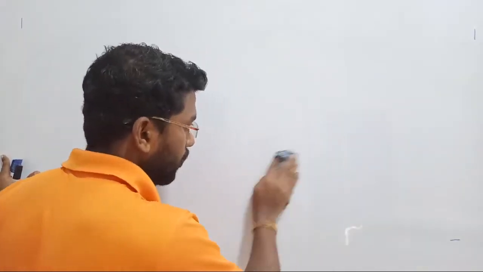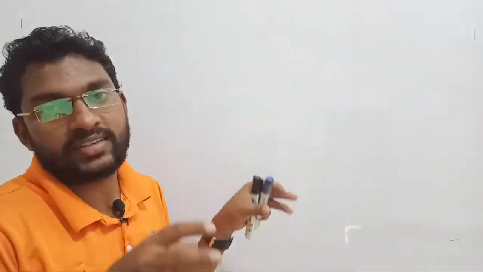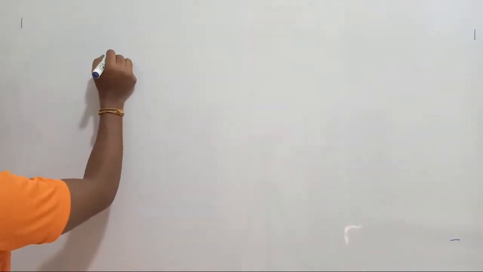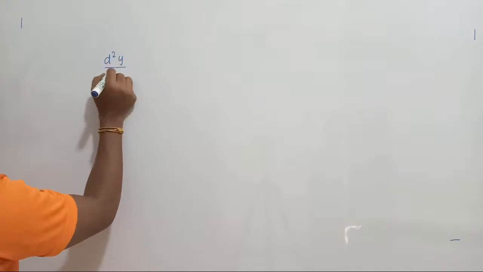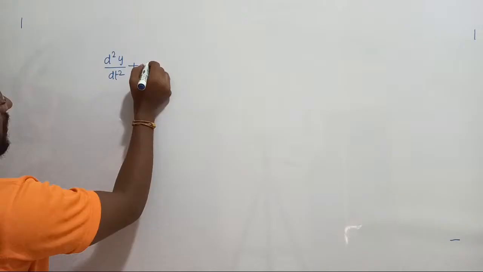Next, what we have to consider. Till now I was considering the exponential signal, sinusoidal signal, and polynomial equation separately. Let's club them together and try to bring the answer. Okay, fine. Suppose I have a function like this, I can consider d square y upon dt square, plus let's consider